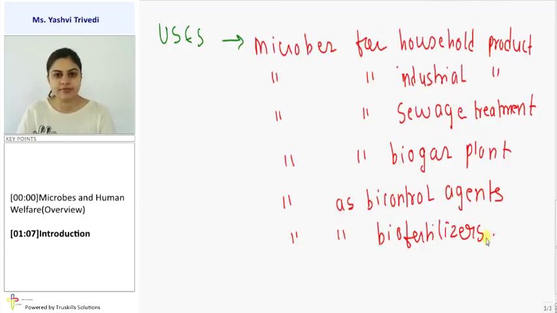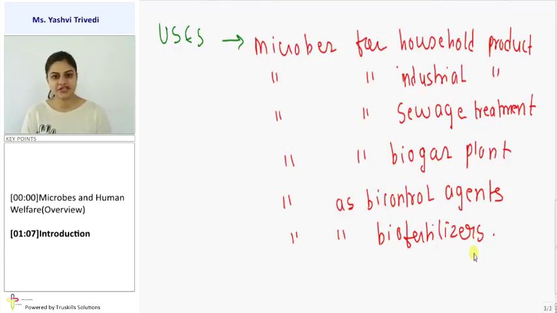Then for sewage treatment, you must know sewage is the dirty waste which has been collected in water or anywhere else. So how to treat and purify it, that is what we are going to study with the help of microbes. Then for the biogas plant, biogas is a type of sewage treatment only, but that is what we call a desi nuskha basically. In the villages, how they recycle their sewage, the dirty waste of animals and all. So that is for the biogas plant.